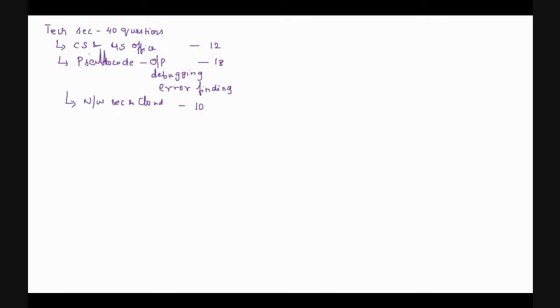If you take basics of computer science and Microsoft Office, this would not be much difficult for you, because this is going to be asked from the day to day activities or the basics of computer science. Whoever uses a computer for a longer period of time will surely be able to answer this part, and will not find it much difficult.